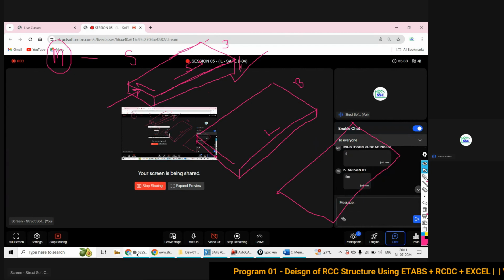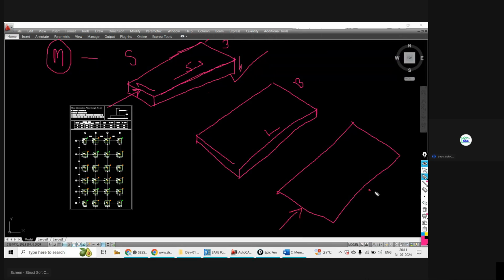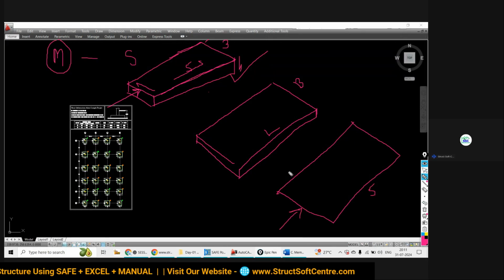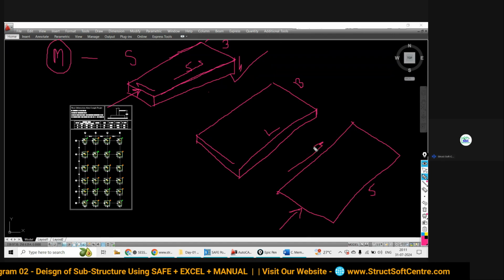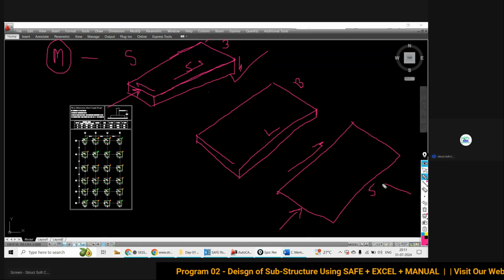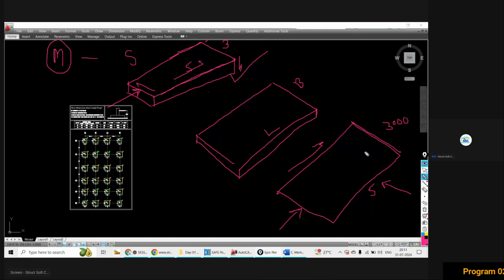Most of you are answering 5 meter. Very correct. So it has some span, and the stiffness of your slab in this direction is very much higher. Now if I apply the load in this direction, the resisting span is 3 meter, 3000 in mm, and the other is 5000 in mm.